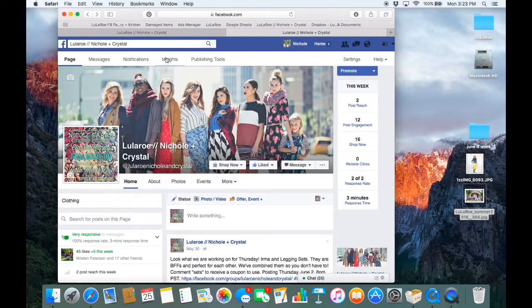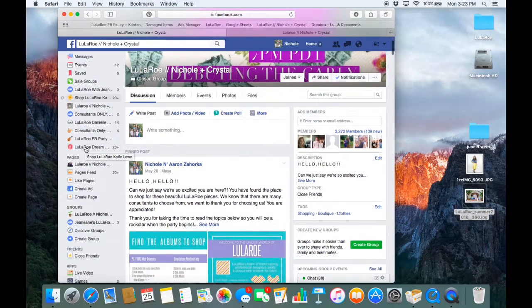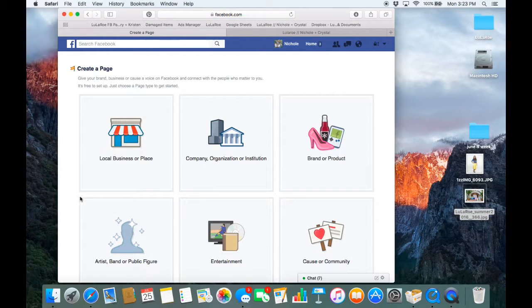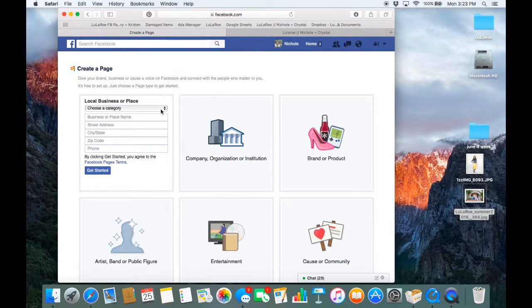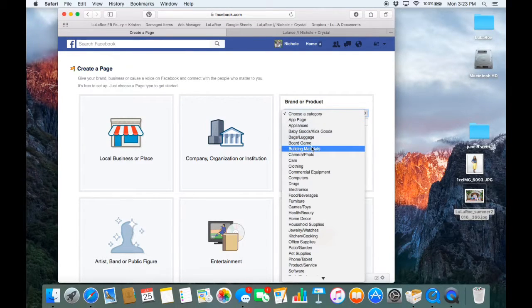This is our current one. I'm going to show you how to make a new one. So go into Facebook, and on the left hand side you're going to have all your tabs here, and on pages you're going to say create page. Now you can do a local business or place. It's going to ask you for all your information. I wasn't comfortable doing that, so I hit brand or product. Now I did clothing,